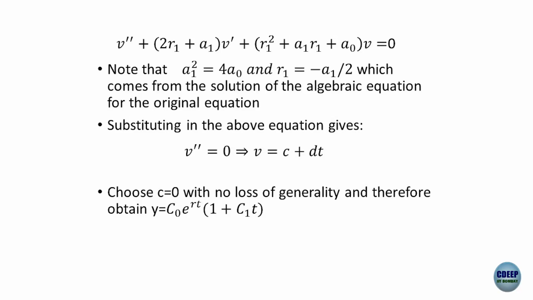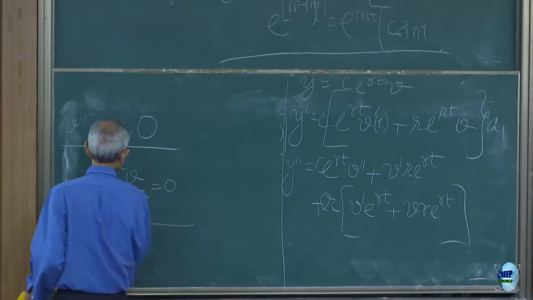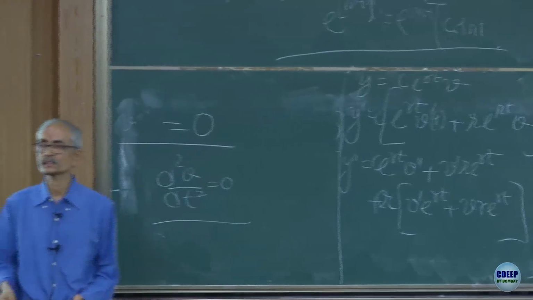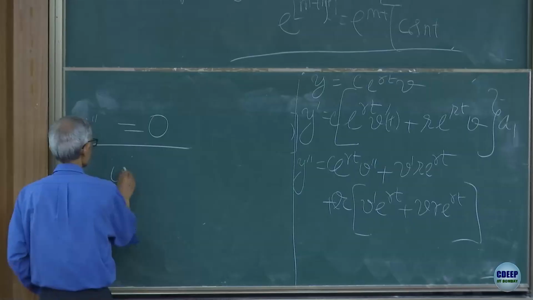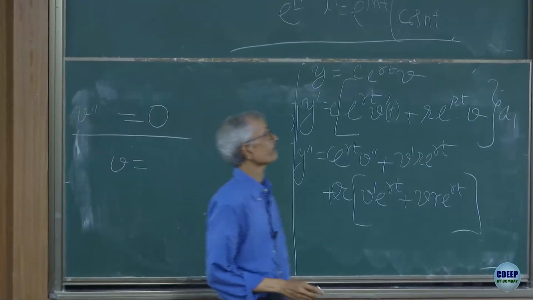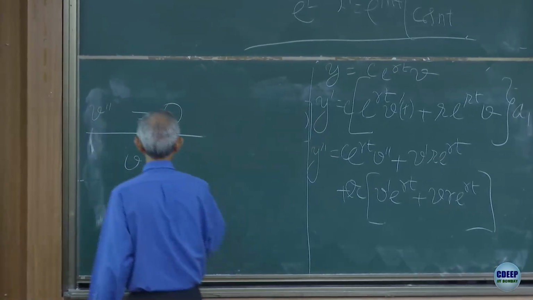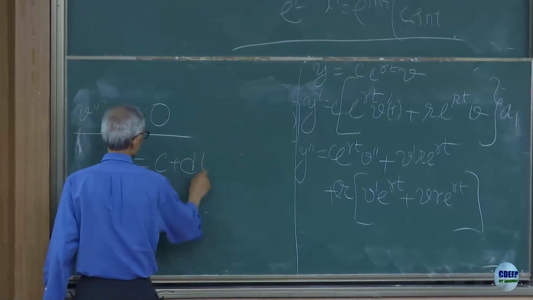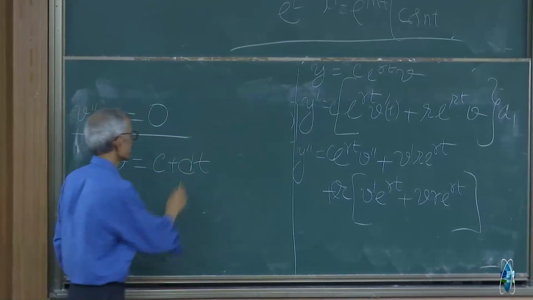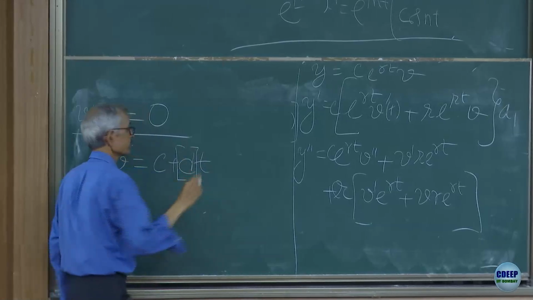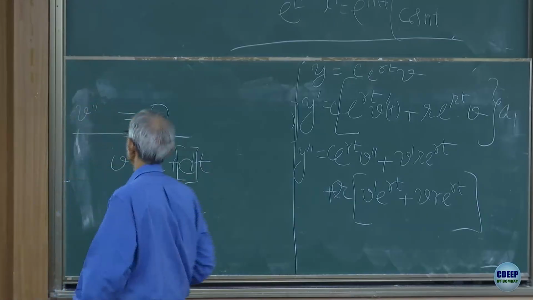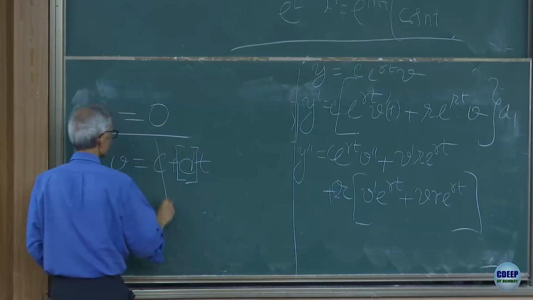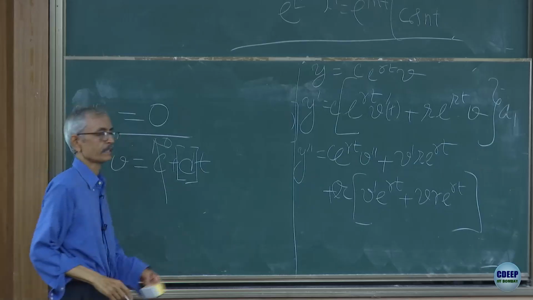This means d2y/dt² equals 0. Just brute force integrate it, right? So you are going to get v equal to some at plus b. So v is equal to c plus d times t. Okay, and now we just say that there is no loss of generality in taking this as equal to 0 to start with,